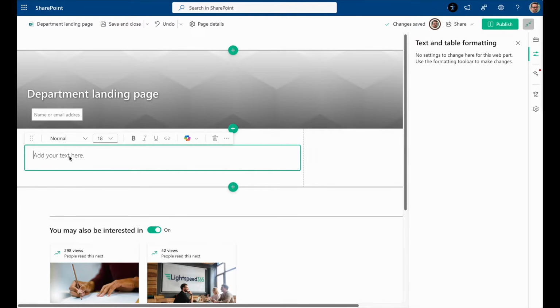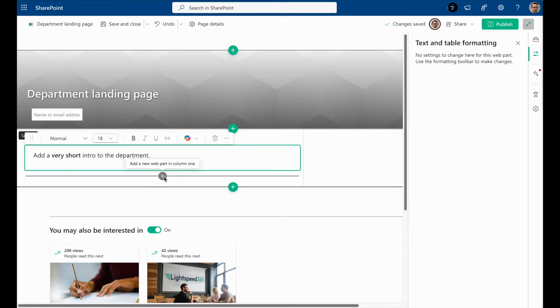So I'll put in here, add a very short intro to the department here. People on web pages don't read long blocks of text. We don't want too much blah blah content. We just need a very concise intro, and keep it nice and brief. So we can add that instruction in here for them to replace this text.